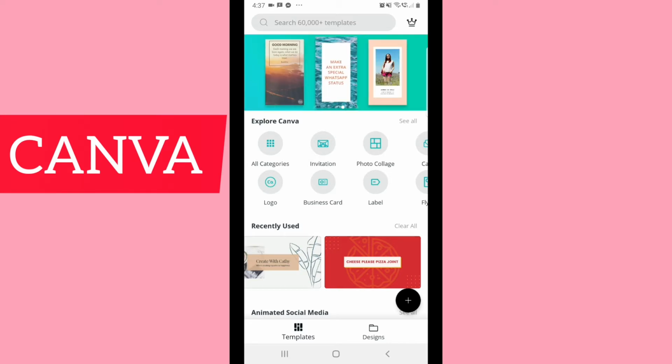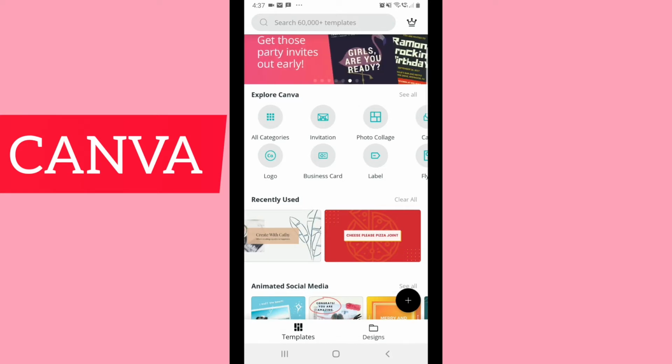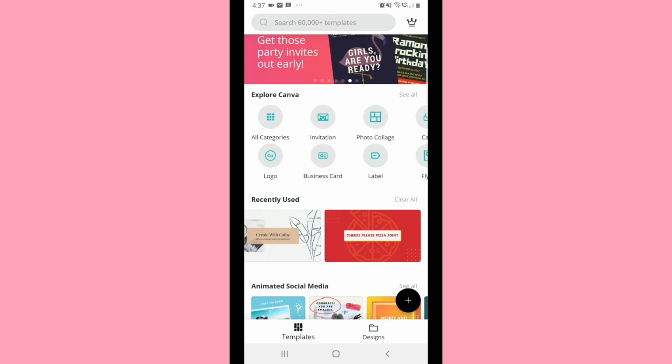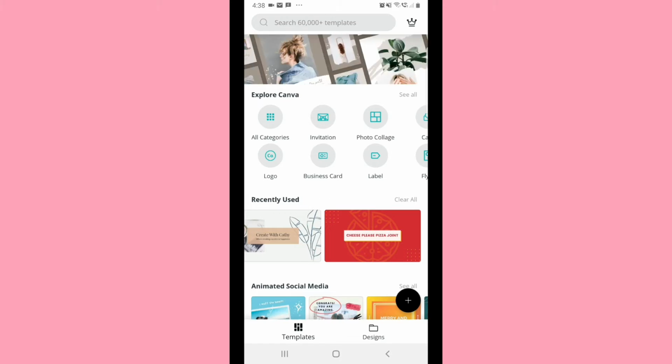The first thing you need to do is to download this application in Play Store called Canva. And the second thing you're gonna do is open the application and sign in using your Facebook, email, or Gmail account, whichever you want to use to sign in. It's up to you. And next, once sign in is done, go on